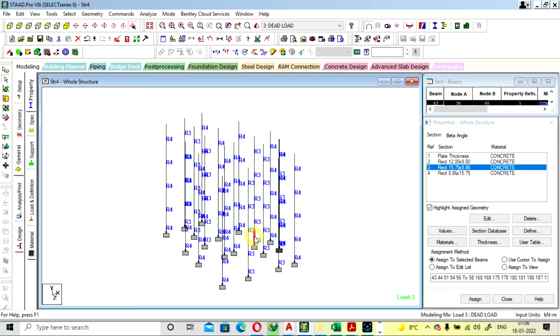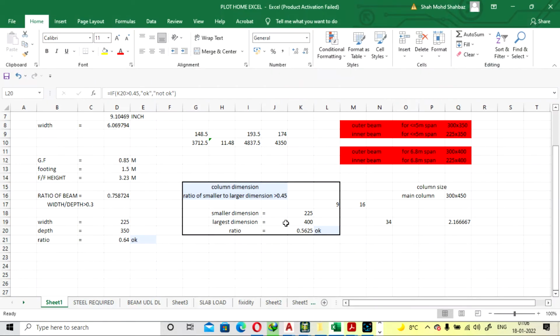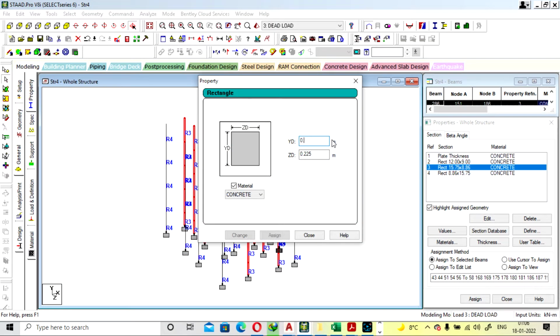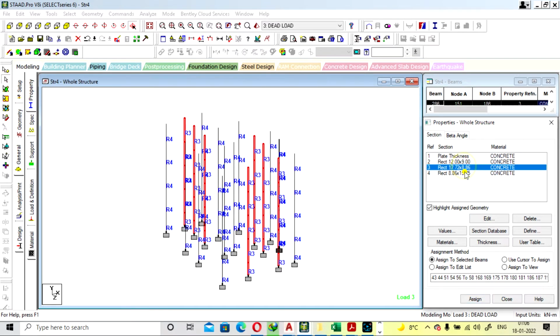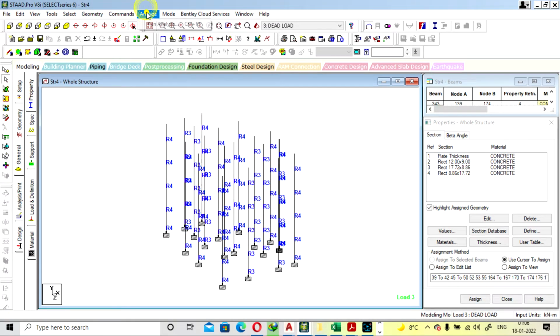Check these columns. Again we have to increase the size. If you go with 450, then we will see, that will also be okay right now. So we will go with 450. Change, close. Analyze, analyze, save.